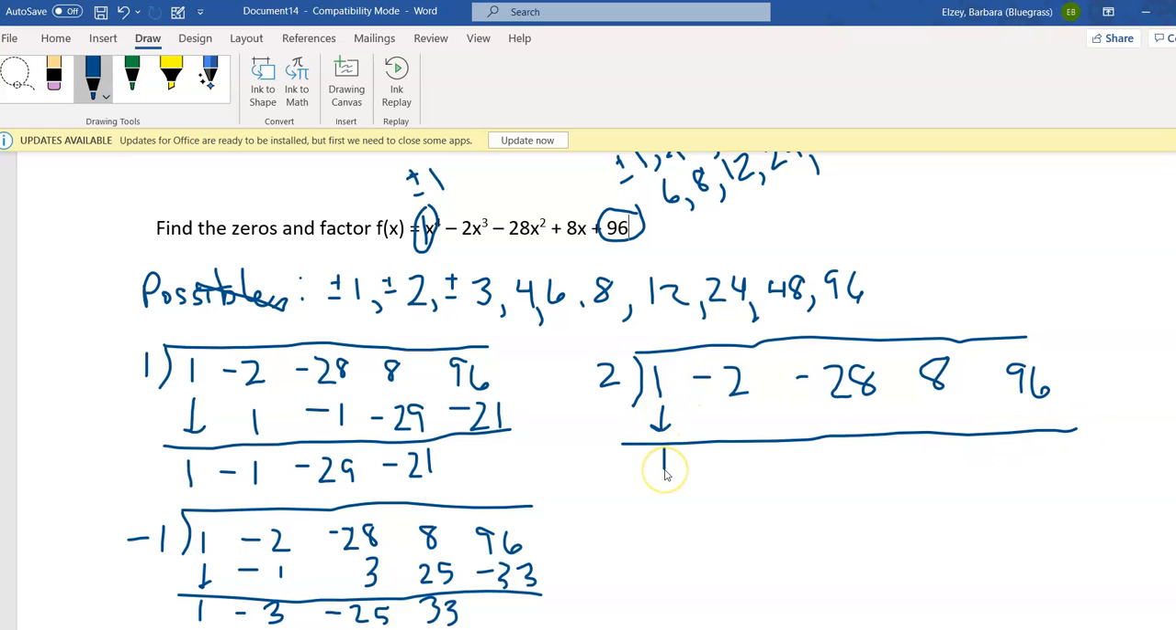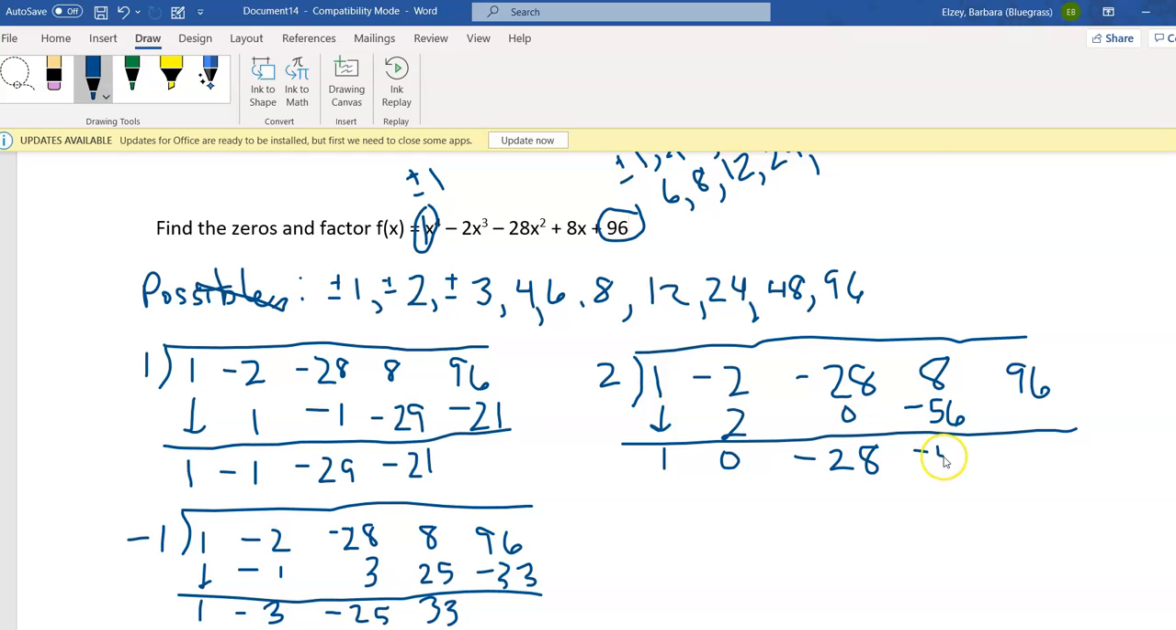Bring down our 1, and now let's multiply, add, multiply, add, multiply, add. 2 times 1 is 2. Add, we get 0. 2 times 0 is 0. Add, we get negative 28. 2 times negative 28 is negative 56. And add, we get